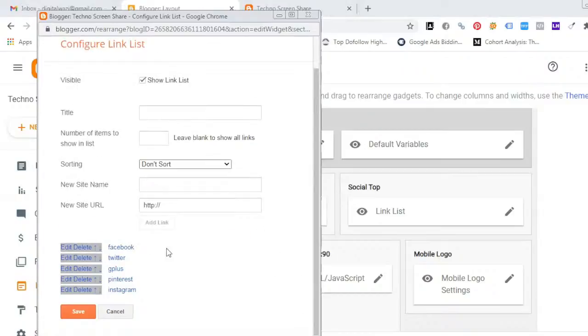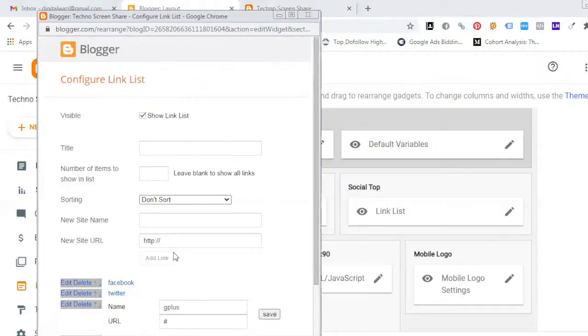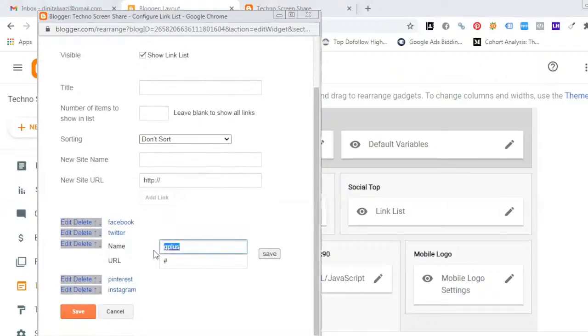Then click on save. Not only profiles, you can add pages also: Facebook pages, LinkedIn pages, Instagram profile. How to add these links you will learn. See, like you will add your Facebook URL, then Twitter profile. Everyone has a Twitter profile. So we will add our Twitter profile also. Then Google Plus. Google Plus is not there. Just install Google Plus. We will add LinkedIn.